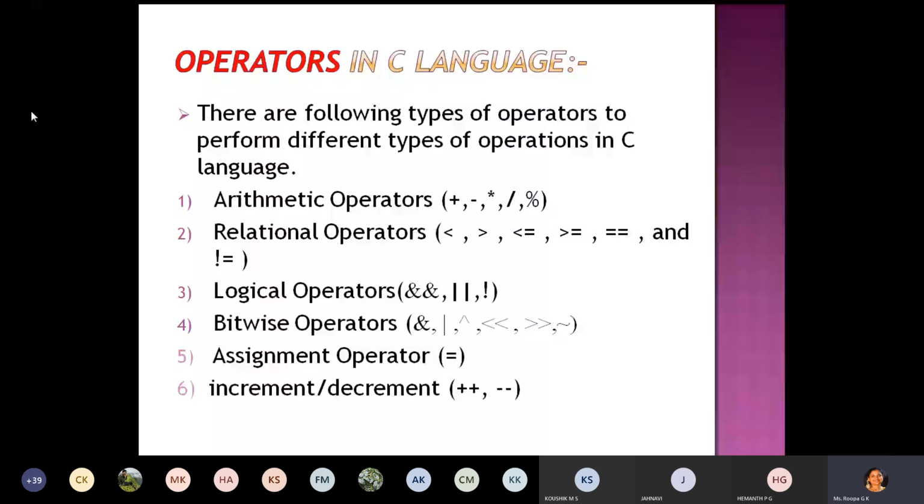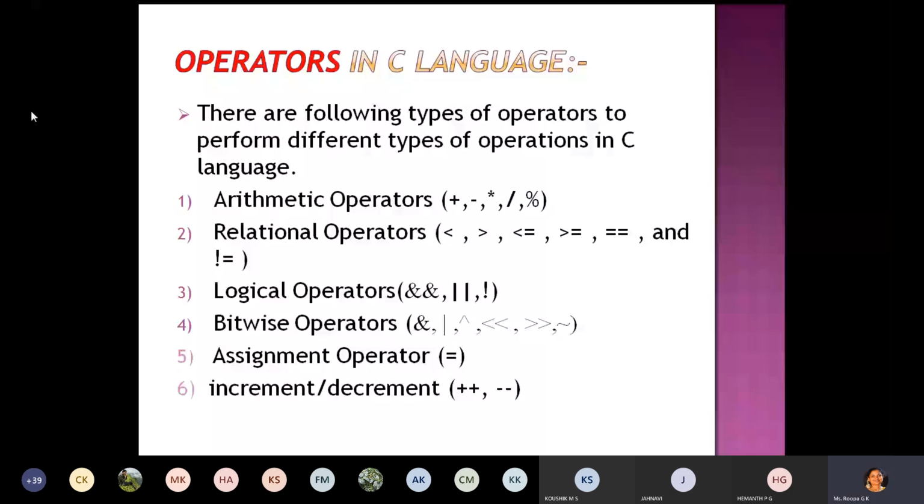Fourth category, we have bitwise operators: and, or, xor, then left shift, right shift, as well as negation. Bitwise operators are used for manipulating data at the bit level, also called bit level programming. Bitwise operators operate on one or more bit patterns or binary numerals at the level of their individual bits. They are used in numerical computations to make the calculation process faster.